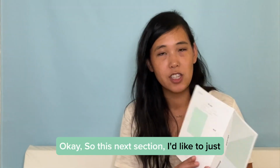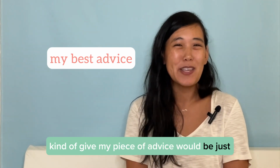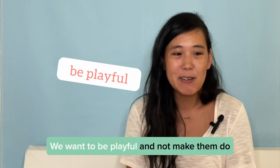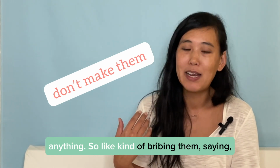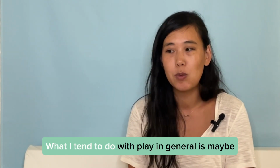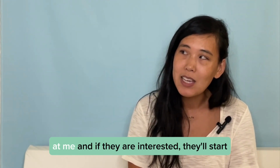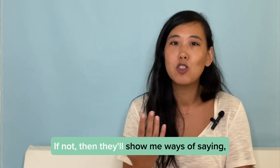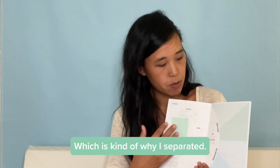Okay, so for this next section, my piece of advice would be to not push the child. With play, we want to be playful and not make them do anything, like bribing them by saying, if you play with me, I'll give you something. What I tend to do is introduce something and they'll kind of look over at me. If they are interested, they'll start to come over to me. If not, they'll show me ways of saying, hey, I'm not interested,